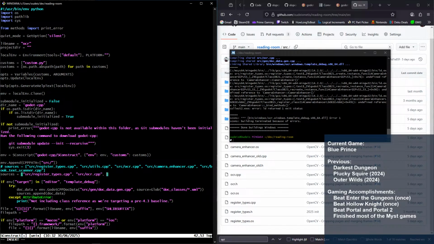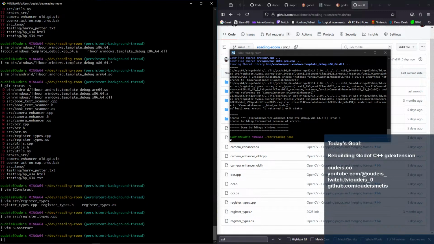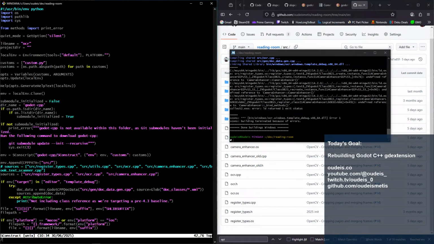And let's bring back our source camera enhancer.cpp. It's just those two files.